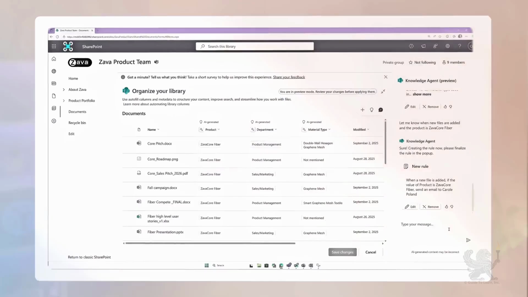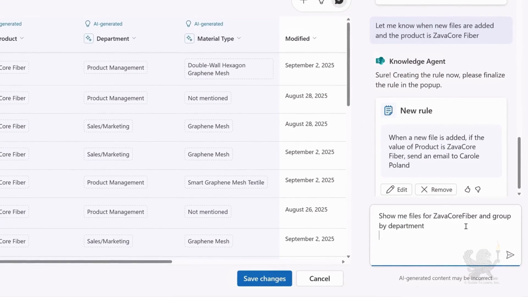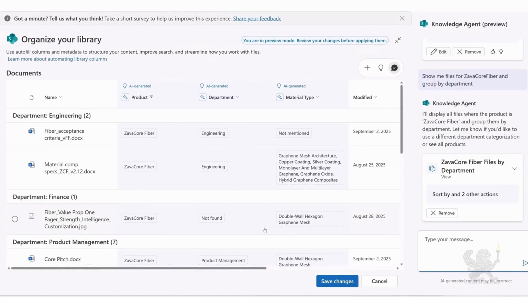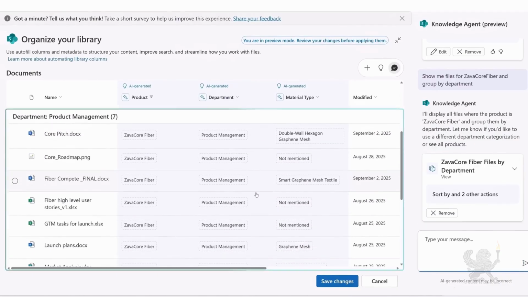So now I have the contents in this library all tagged in almost how I want it, but I still need to organize the content for how our team works with it. So for that, I can just ask Knowledge Agent to show the files for Java Core Fiber and then group them by department. And as it's working, you'll see that it groups everything as described, and this is the exact